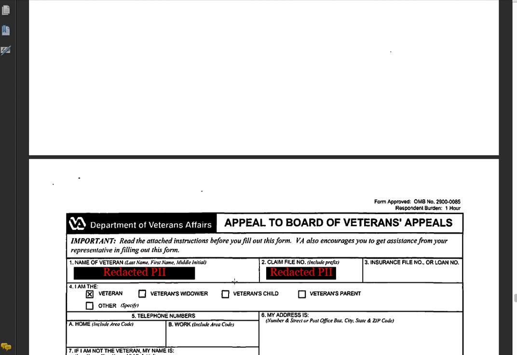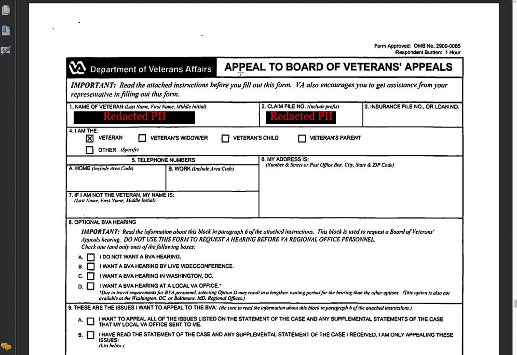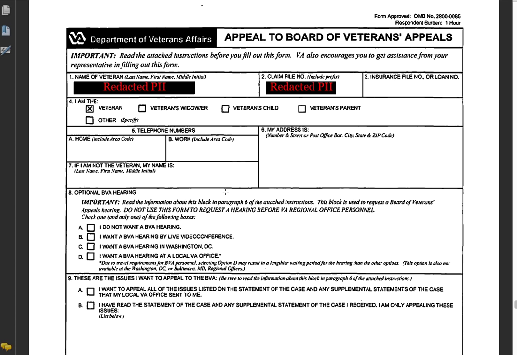On the back of this, they should include for you a VA Form 9. You do not need to file a VA Form 9 to file a substantive appeal to the BVA. If you need the citation for that rule, 38 CFR 20.202 is Rule 202. And as long as you have information that sufficiently puts the VA on notice as to what they need in a substantive appeal, whether or not it's on a VA Form 9 or not, it should be appealable to the